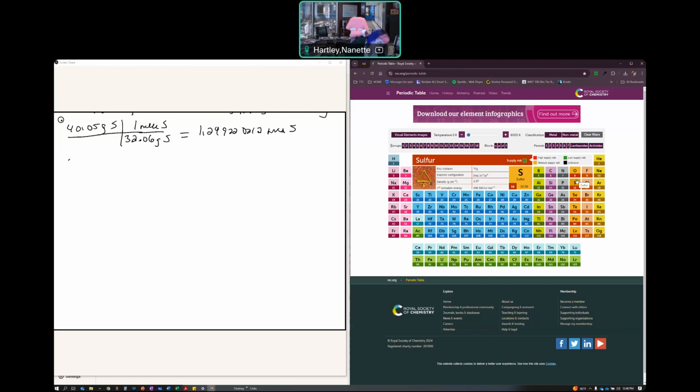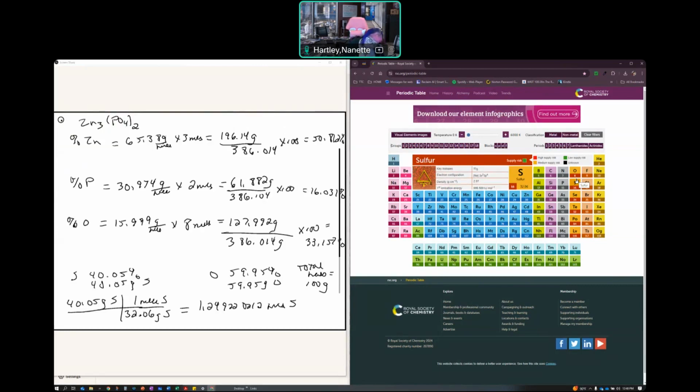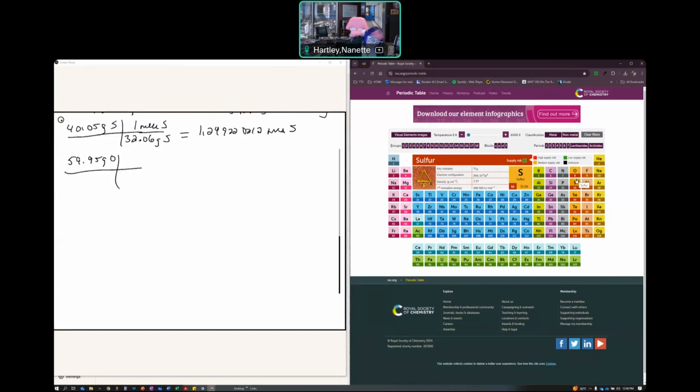Now I had 59.95 grams of oxygen. That's what it says right here. Divide that by the molecular weight of oxygen, which is 15.999, for 1 mole of oxygen. 59.95 divided by 15.999 gives me 3.747109114 moles of oxygen. And what I know, looking at an empirical formula, is that that is a ratio of